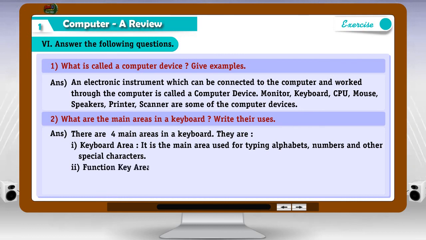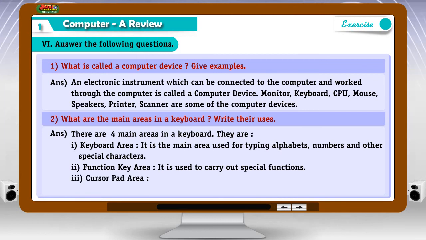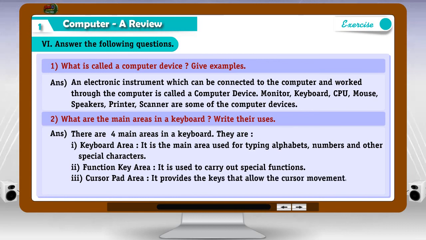Function key area. It is used to carry out special functions. 3. Cursor pad area. It provides the keys that allow the cursor movement. 4. Numeric keypad. It is used for typing numbers and doing